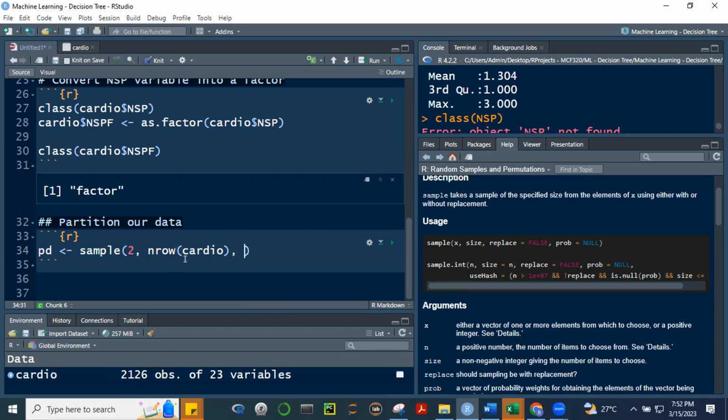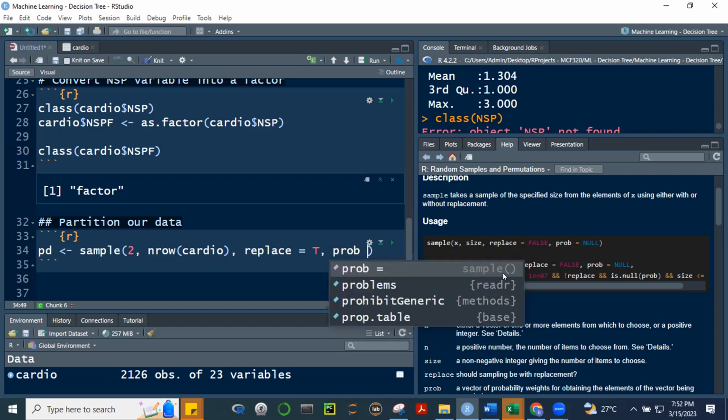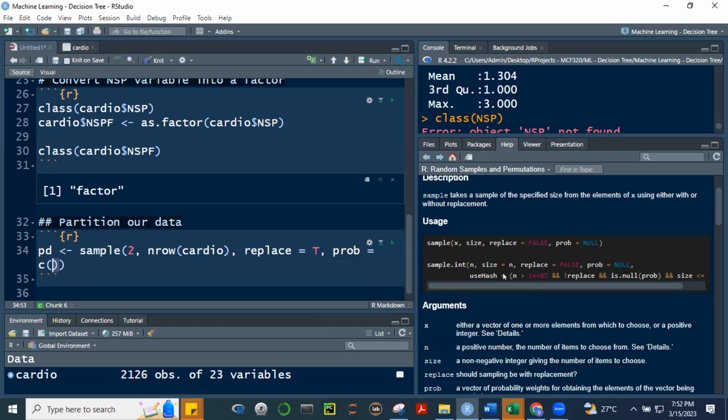Right? And then, usually what's done is replace equal to TRUE, with replacement. And then the last is we will identify yung probability, yung distribution natin. So ang prob natin is equal to c, concatenate natin. So ilang percent yung ilalagay natin sa training data, at saka sa testing data.